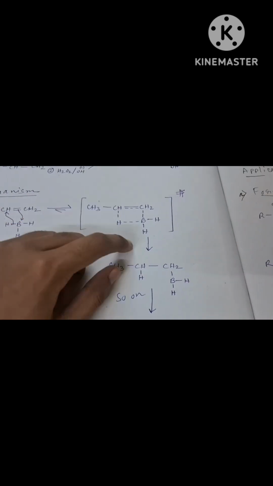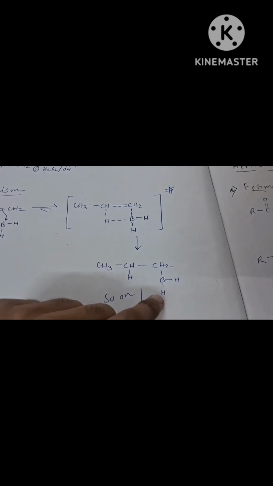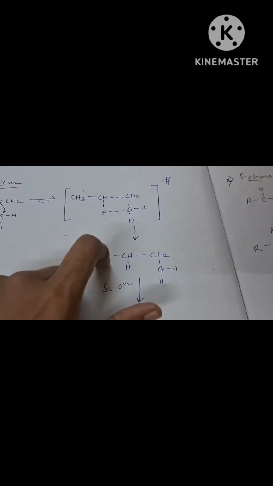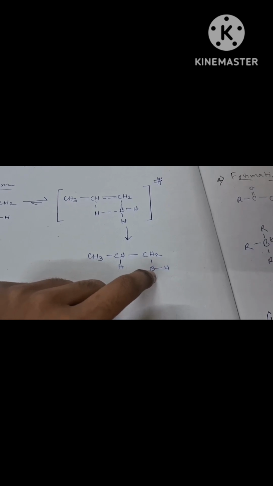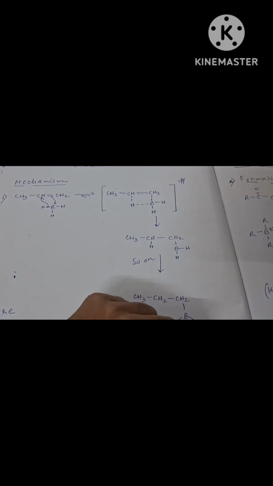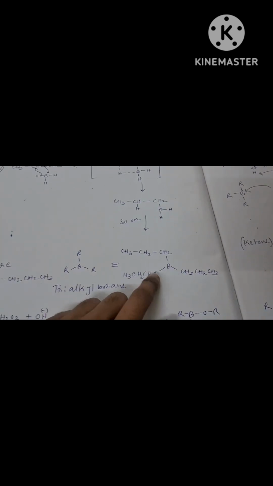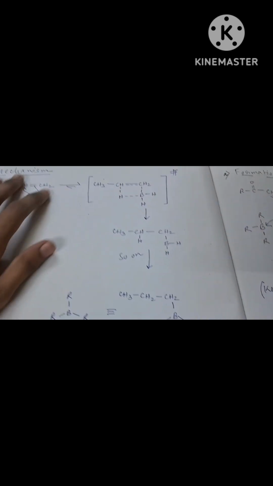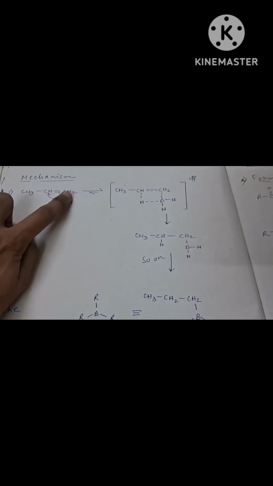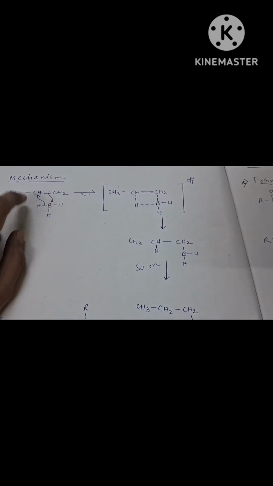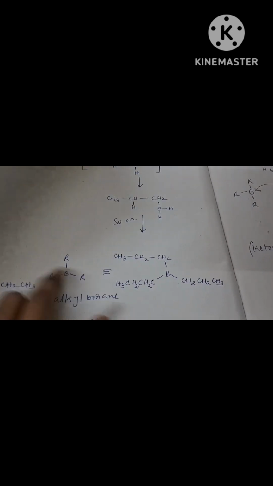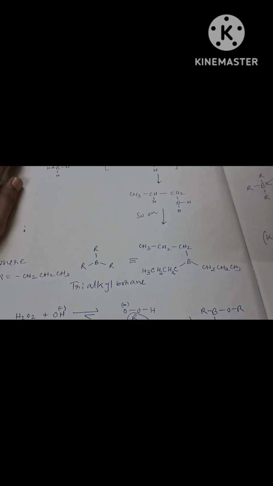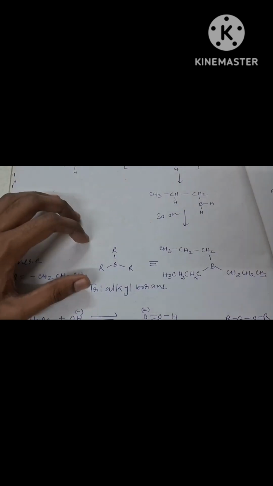So from this we can obtain this type of species, monoalkyl borane, where the alkyl group is attached to the boron center, and this step is repeated 2 times, and we can obtain this type of trialkyl borane, where these 2 hydrogens are replaced by the alkyl group of propene, because this is the reactant, propene. So these 2 hydrogens are replaced by alkyl groups. So this is trialkyl borane, R3B,